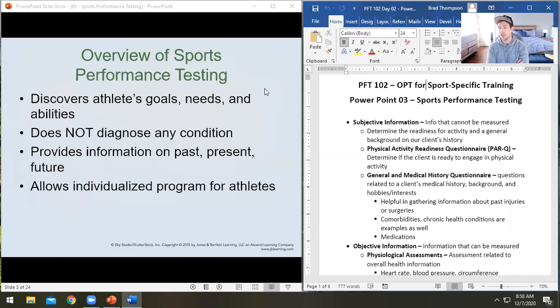That's something that can be obtained pretty easily in the beginning with an interview during your general medical and history questionnaire. You're going to get those questions out. But then we also need to figure out what their needs are, and a lot of that is going to come through performance testing,